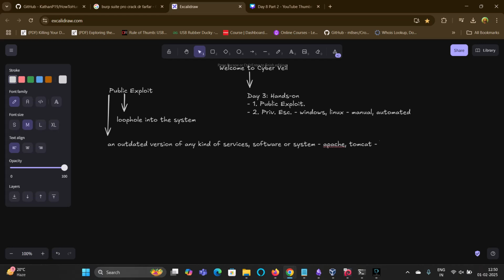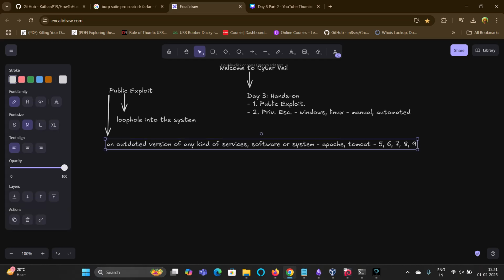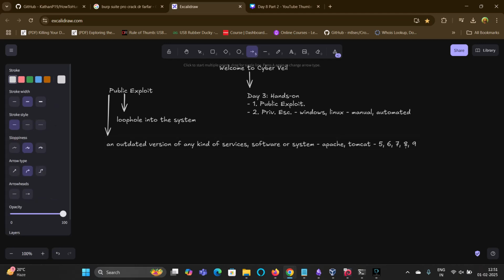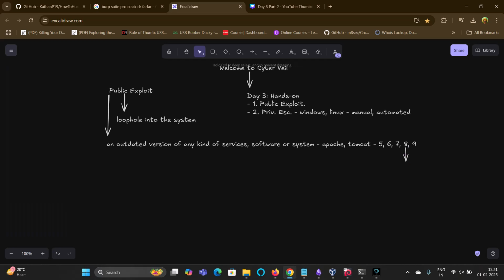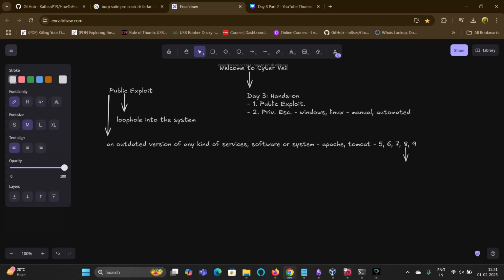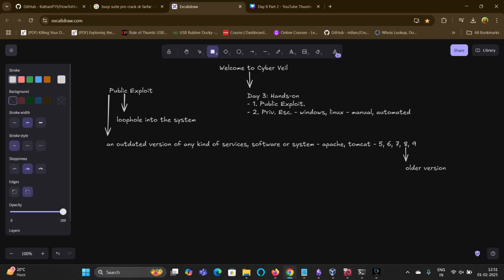And Tomcat has many versions, let's say 5, 6, 7, 8, and 9. We are just taking an example; 9 might not be the latest version, it might be the oldest, but let's say 9 over here is the latest version, and we have seen a website or web service using 8 as its current released version, which is an older version. Okay, I'll explain it with the help of an example as well.